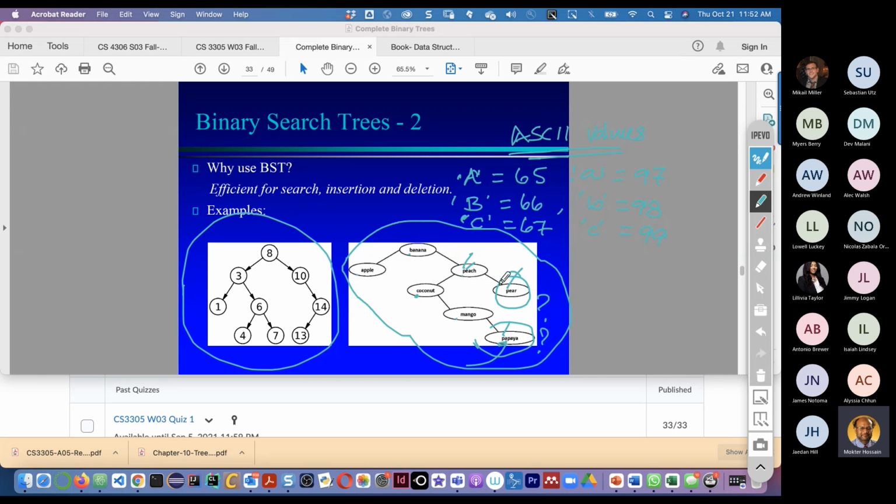Now again, peach and pear. So pear, where will it go, the right side over here or here? Now the first two characters are the same, so we want to consider the first two characters, and they are the same, so we will go to the third character. Third character A, that are same, so we will consider the next character. Fourth character here is C, but here the fourth character is R. So R is greater than C, so it will go to the right side. Okay.